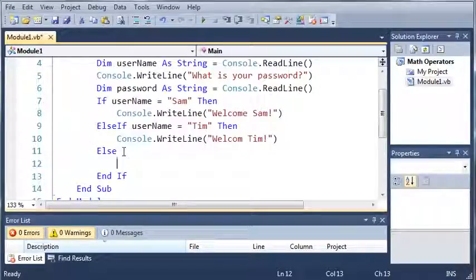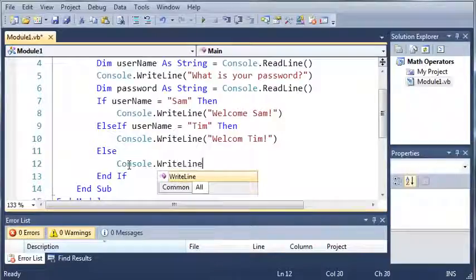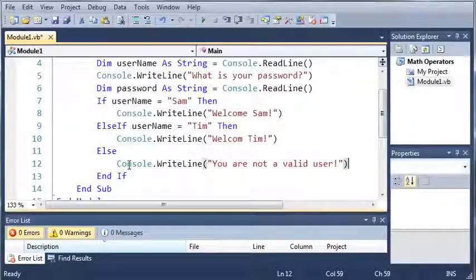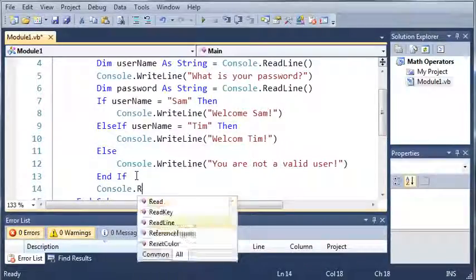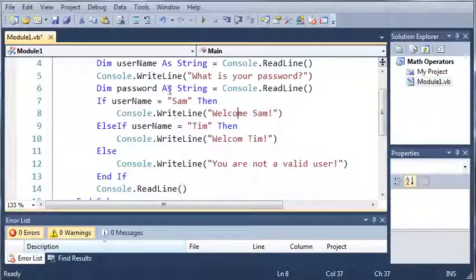So else, then go ahead and do the code that is in between else and end if. So what else does is it covers anything else that you did not cover. So if username equals Sam, then it's going to go ahead and do this. But else if username equals Tim, it'll do this. And if username equals anything else other than Sam or Tim, then go ahead and do whatever we type inside here. So we'll just type console.writeLine you are not a valid user. And then after our end if, we'll just do console.readLine so that the user has time to see